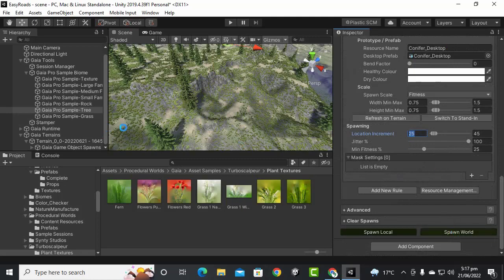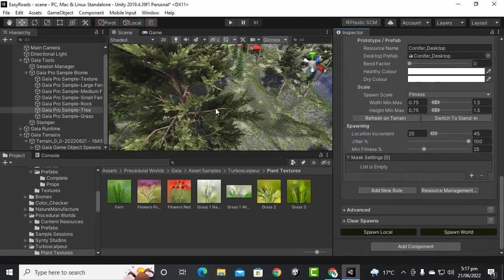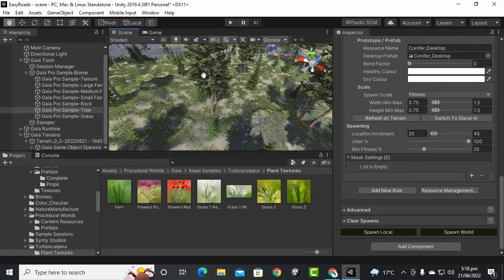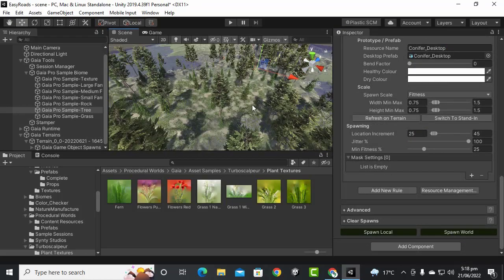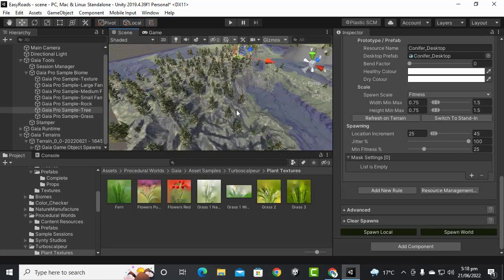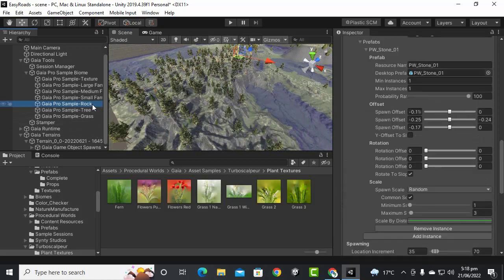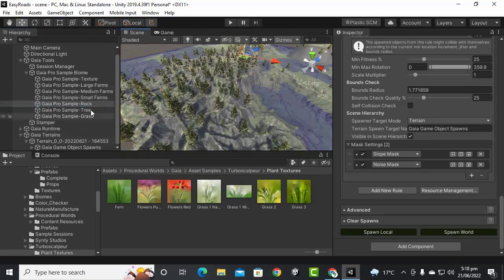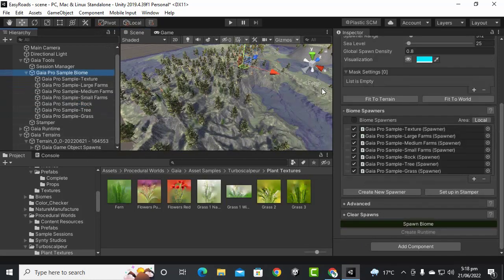So I will just spawn the world, and here you will see that we will have more and more trees, and now added to our terrain. Okay, so in this way you can add trees to your terrain. In the meanwhile, you can add definitely the rocks as well, if I don't have any meshes for custom rocks, otherwise we can add the rocks as well with the same rule. And one more important thing is that, for example, if we select the biome, and here you can see